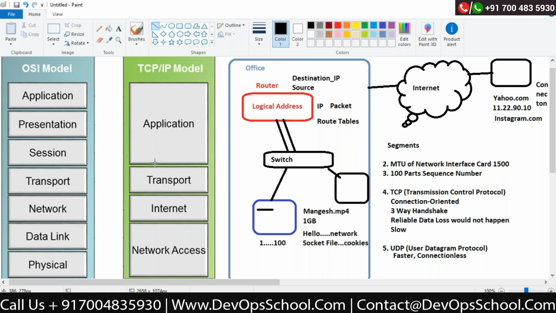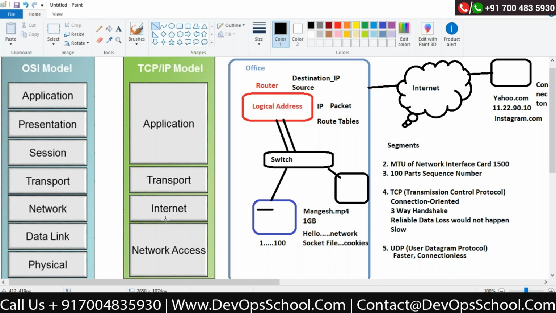The logic should be built in. The transport layer is completely different. You cannot combine it because the protocols are completely different.